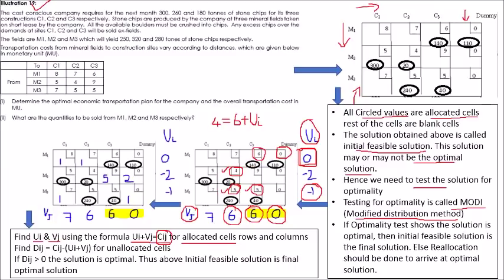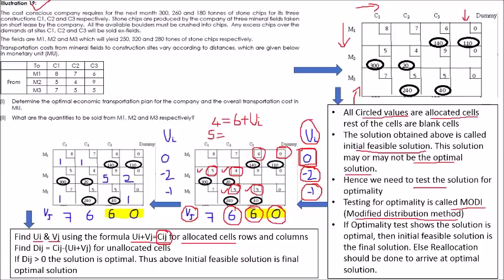Okay, Ui. So Ui is equal to 4 minus 6, which is equal to minus 2. So for this row, minus 2 is the Ui I have calculated here. Once again there is an allocated cell here. So what is Cij? Cij is 5. So Cij is equal to Ui plus Vj. So 5 is equal to Ui